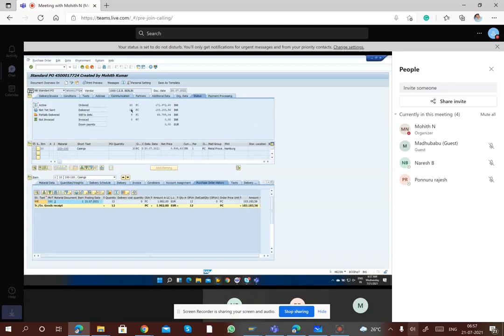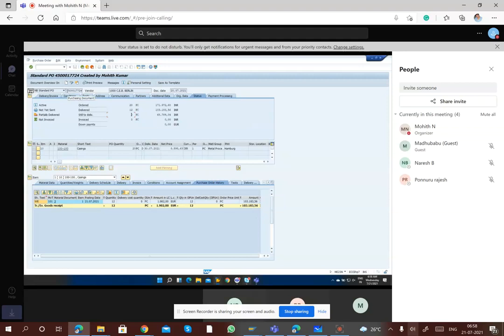So if you see here, order is 20 quantity, delivered is 12. Earlier the delivery would be 0 because we have not done the GR. So these changes will also happen. In header data you have the status tab. In the status tab you have 20, 12, and still to be delivered is 8. And the respective price of those items is also coming here. So these basic changes will happen. This is for your understanding.